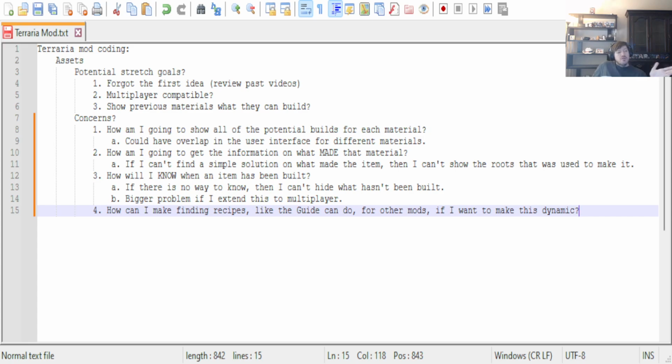Where, how's the guide getting his information? So I'm going to need to figure out what the guide looks at. Okay, because clearly, mods like Calamity,